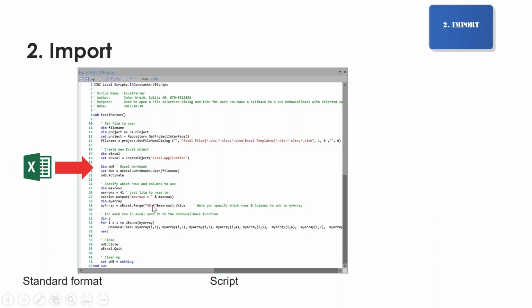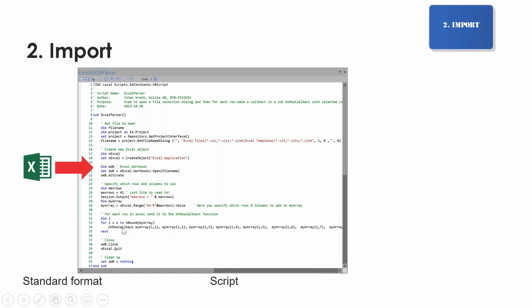We have A5 to R, so it's from the 5th row, and from A to R in the columns. That is what we will read into. And here we come to the magic, where we go through this array and we call a callback function with each row.